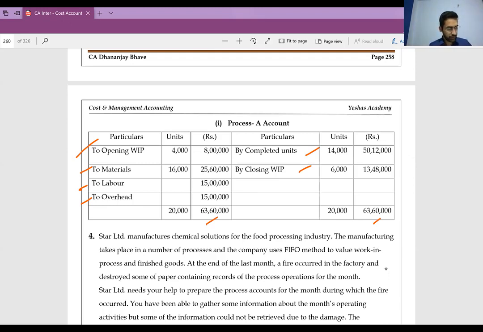Doable? Yes. I think I gave you question number 1 and question number 2, the theory, and question number 3. Other things I don't think you can do. We will work out in the coming class. By the way, question number 7 was already given as homework in, I think, the first session of process costing class. If anyone has still not done it, page number 265, Alpha Limited problem, please ensure even that is completed. Other problems I will work out in the coming class.